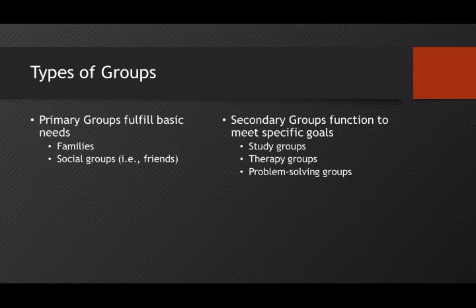In addition to primary groups, there's also secondary groups, which really focus for a really specific goal. So there's a couple of groups that I've listed here that have specific goals, and once the group has achieved those goals, then oftentimes the group will dismantle or dissolve. So like a study group, for instance, comes together for the purpose of studying particular material. If you're in school and you're studying for a class, you might form a study group to be able to work with others to better understand the information in the course.